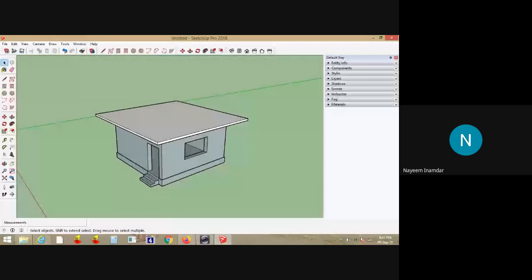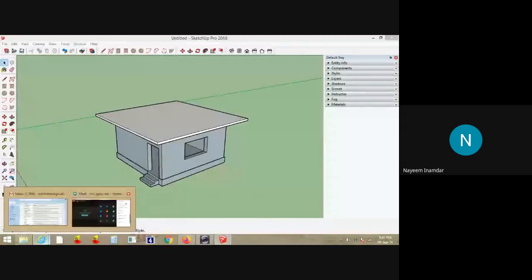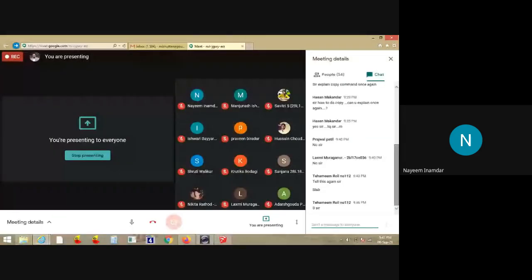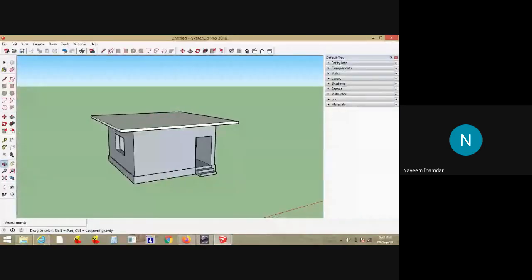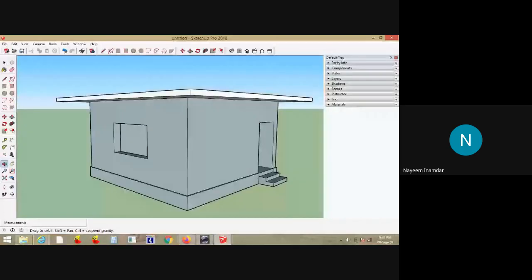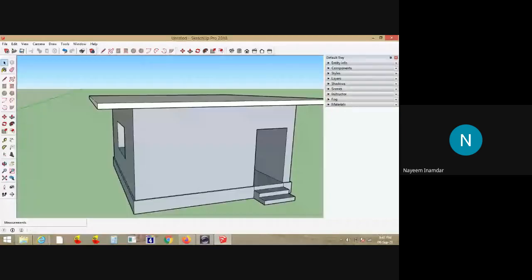I hope I made my effort to make you understand. I think you understood a little bit. When you practice it, then only you will come to know how the command works here. Unless you practice, you won't learn, and it is very easy software and easy to learn. Only if you know these two, very little bit commands, you can conquer this SketchUp like anything.